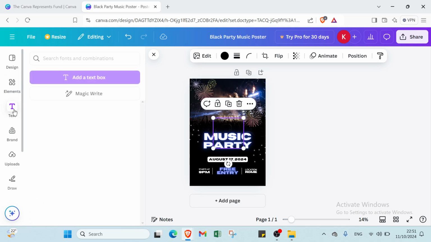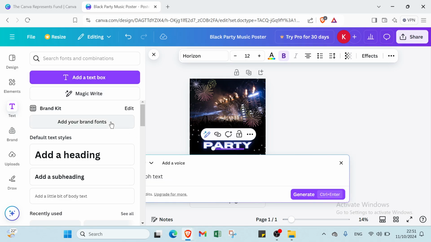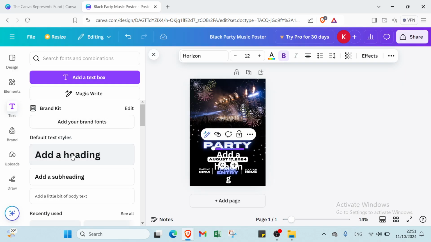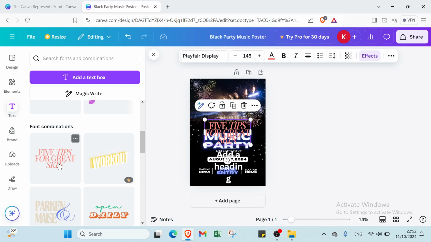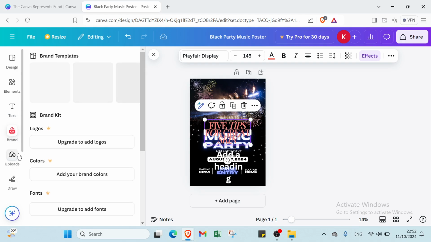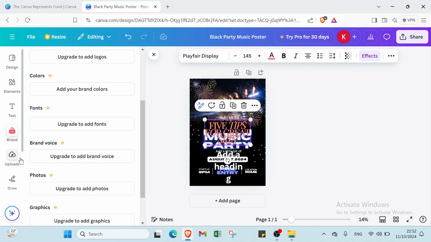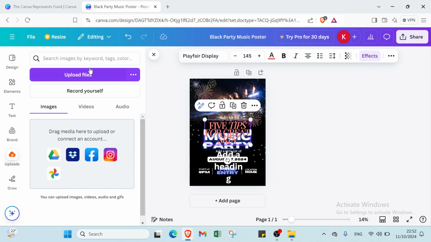Then here we have text, like here we have add a text box, add magic write here, add your brand fonts, and here we have if you want to add a heading, add a subheading, and we have here add a little bit of body text. Then here we have font combinations, like here we have this one, and also we have here the brand kit if we want to add logos, colors, fonts, and here we have brand voice, photos, graphics, icons. Then about uploads, we have upload files here, and also if you want to record yourself,